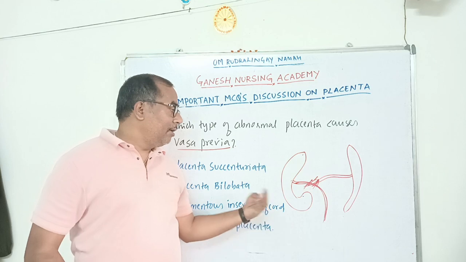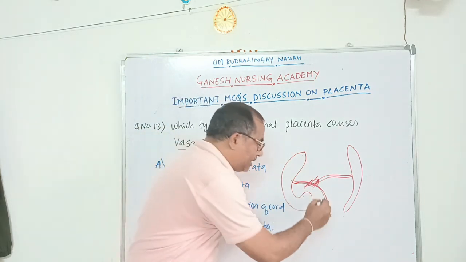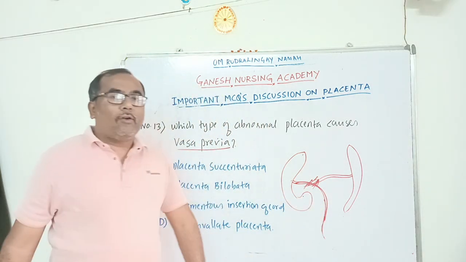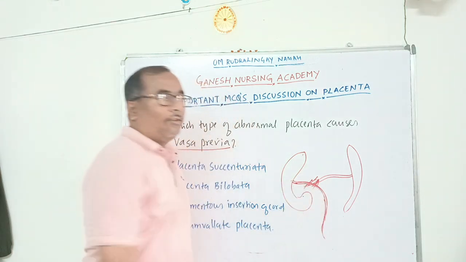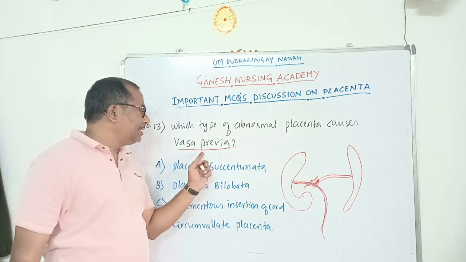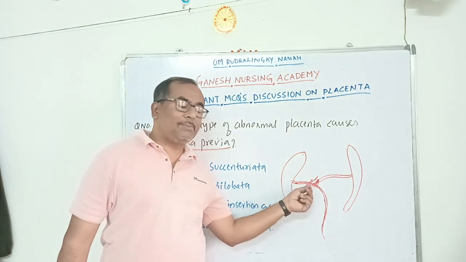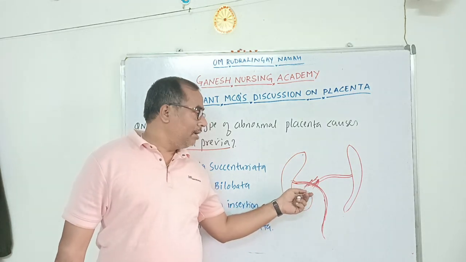Okay, when there is fetal blood coming out of the vagina, where we cannot differentiate maternal blood and fetal blood, this condition is called vasa previa. What happens in vasa previa is that there is a premature rupture of the umbilical cord, and there is